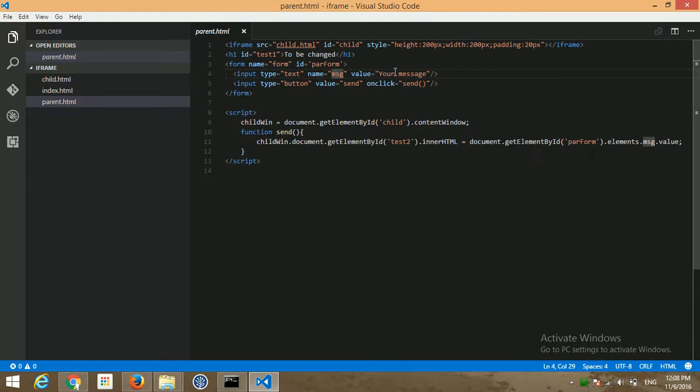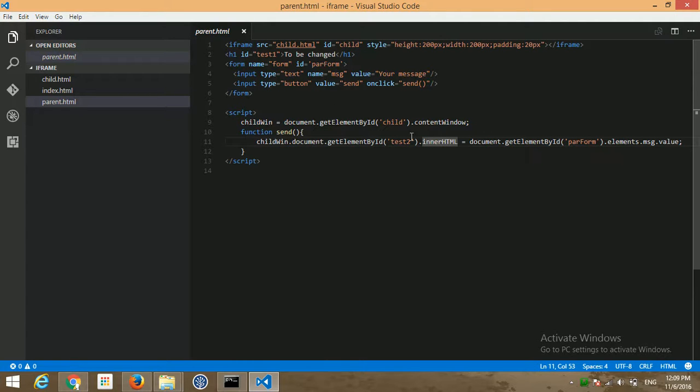After getting this value, I am assigning it to test2.innerHTML. So this text will be automatically changed once a user enters some value and clicks on send.